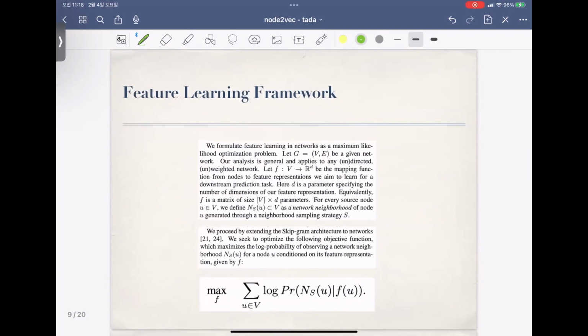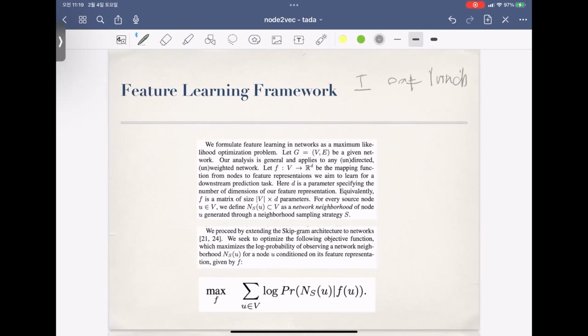And using these sampled random walks, the features are learned using the skip-gram architecture. In skip-gram, if we have an interval of 2, we're going to extract words like this. So we're going to have pairs like "I eat" and "eat lunch". And if we have many more sentences like this, the deep learning structure